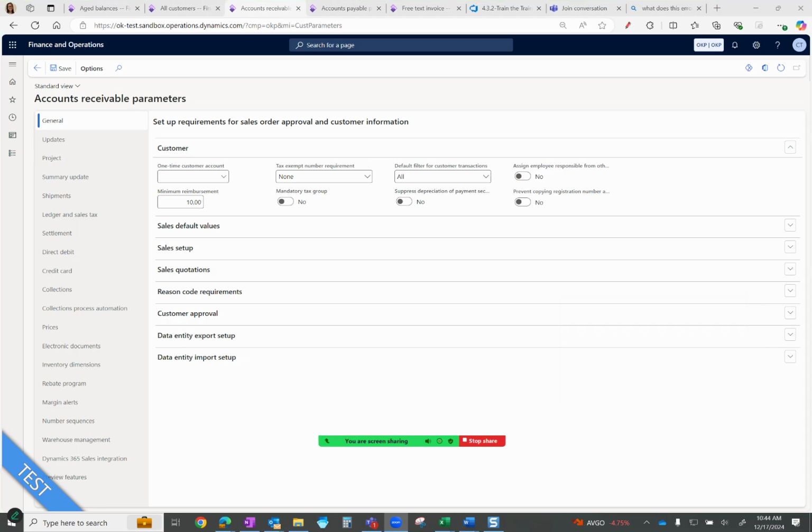Hi guys, in this video, I want to show you how to create a customer reimbursement and how to generate that report. So there are a couple of prerequisite things that you need to do before you can actually generate that report. Number one, you can set up a minimum reimbursement by navigating to accounts receivable parameters and editing that